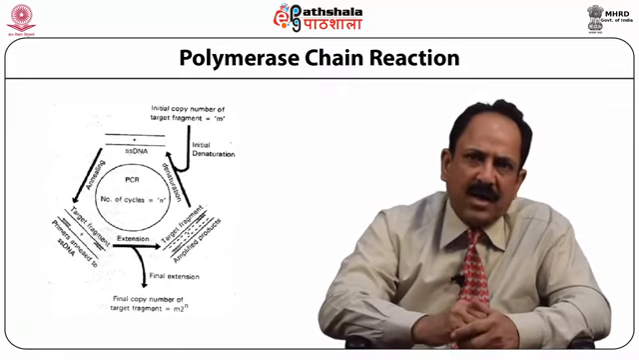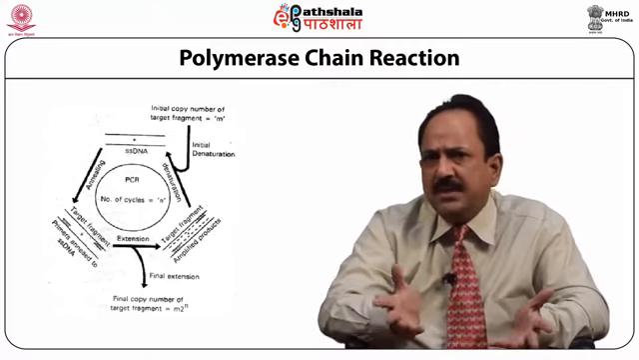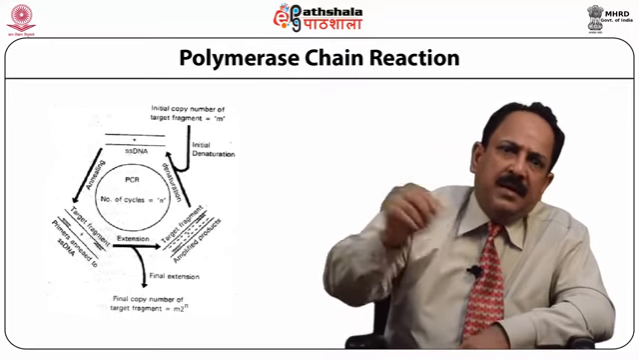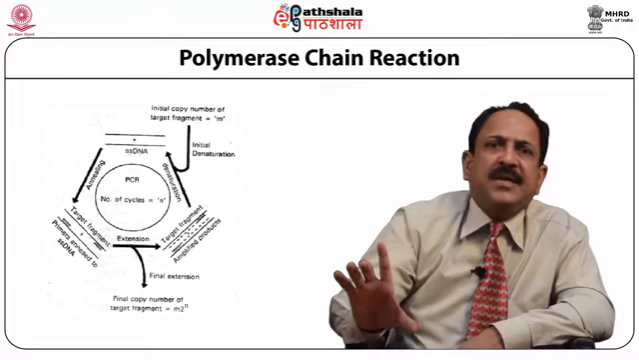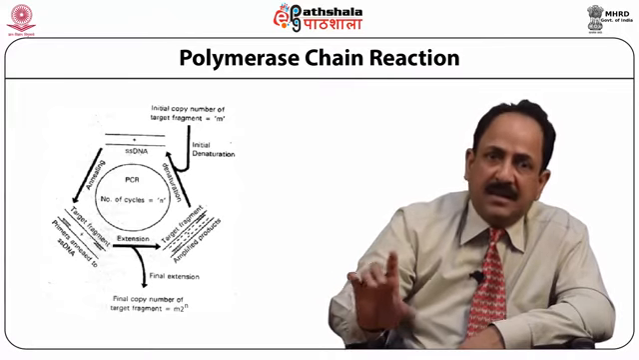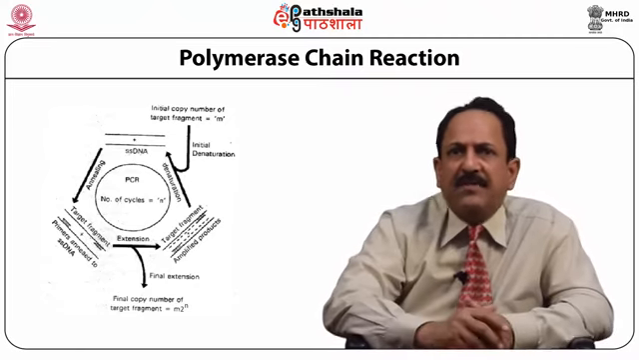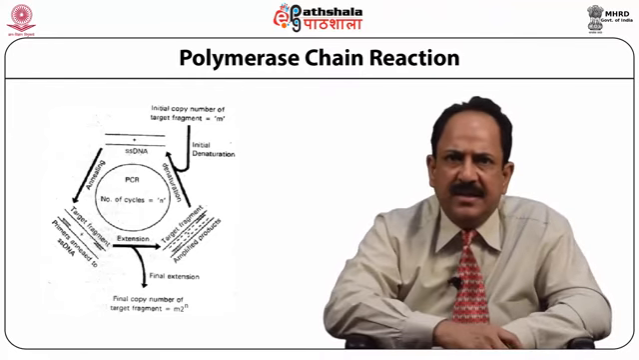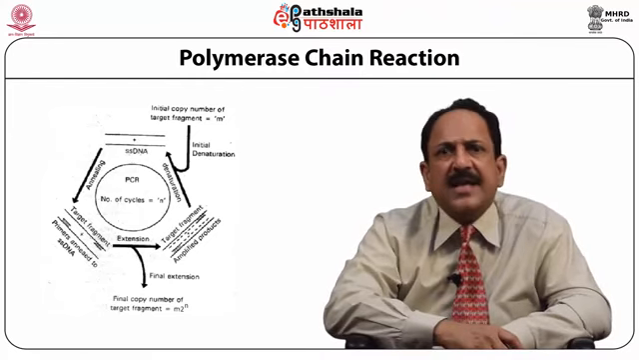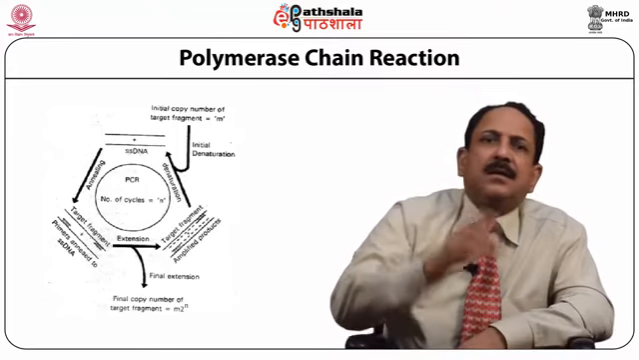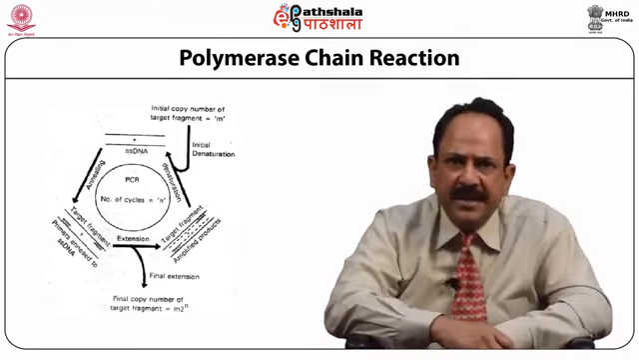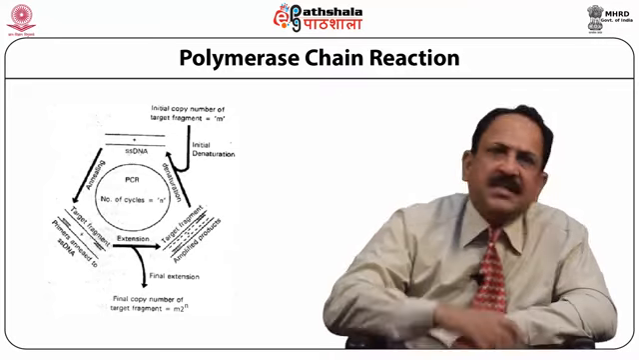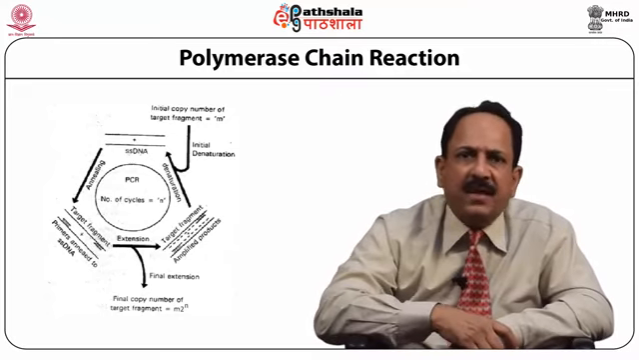The steps involved are denaturation at 94 to 97 degrees centigrade, followed by annealing at 50 to 72 degrees centigrade, and the third step involves the extension of annealed primers at about 72 degrees centigrade by a thermostable DNA polymerase such as Taq polymerase. Initial denaturation for 5 minutes at 94 to 97 and